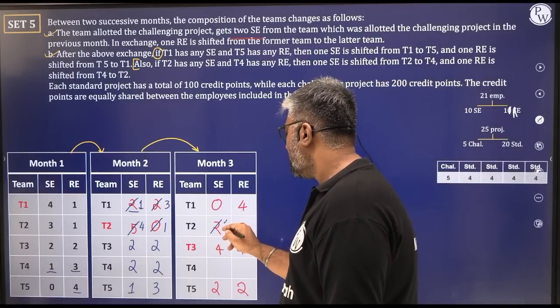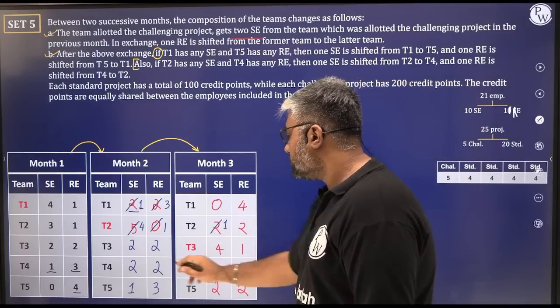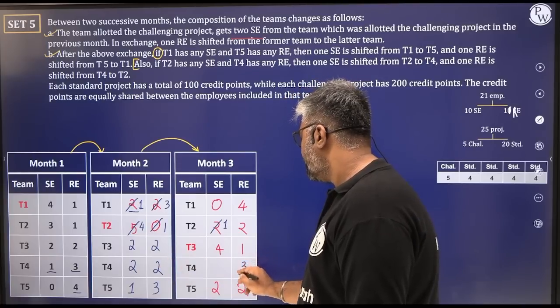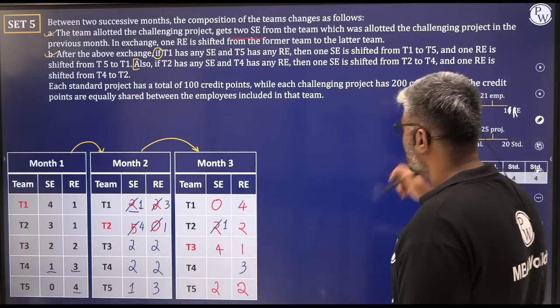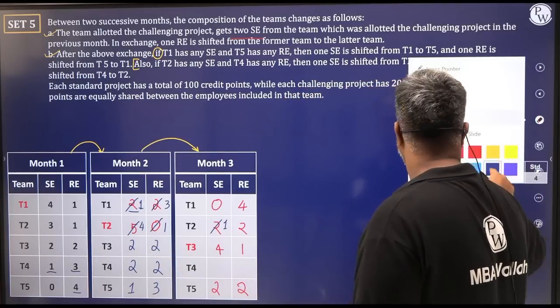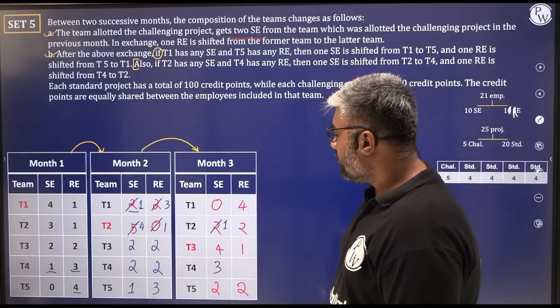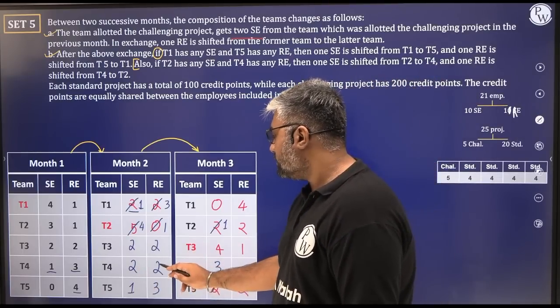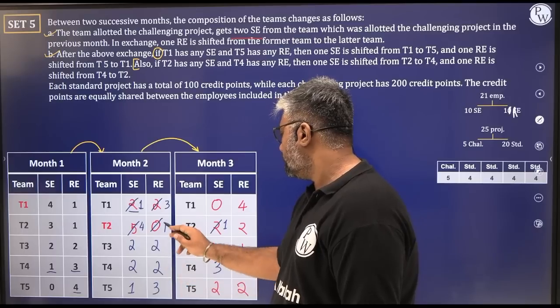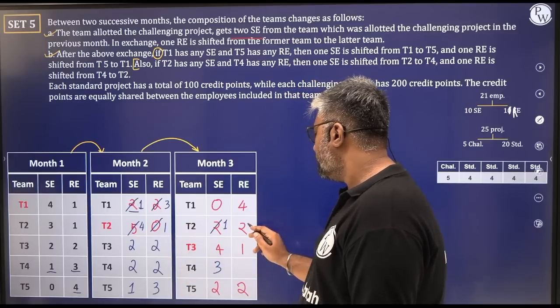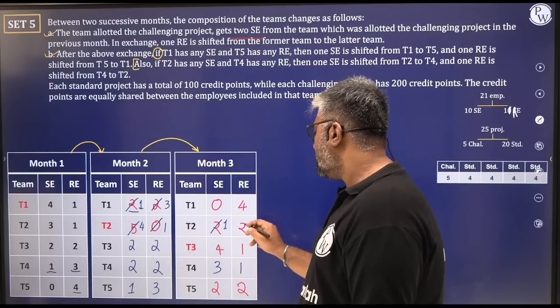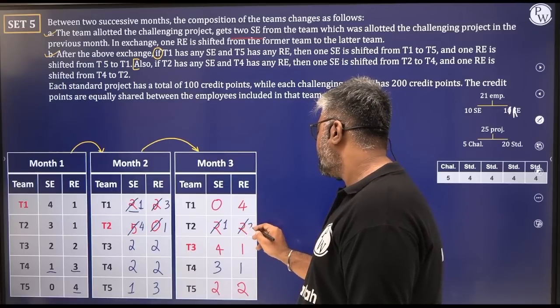यहाँ से हम एक को निकालेंगे. We'll give it here. So this 2 will become 3 now. Sorry, the other way around. This 2 will become 3 here. Same way, what happens? यहाँ से हम एक RE उठा के T2 को देंगे. So 2, this 1, this will become 1, this will become 2 plus 1, 3.